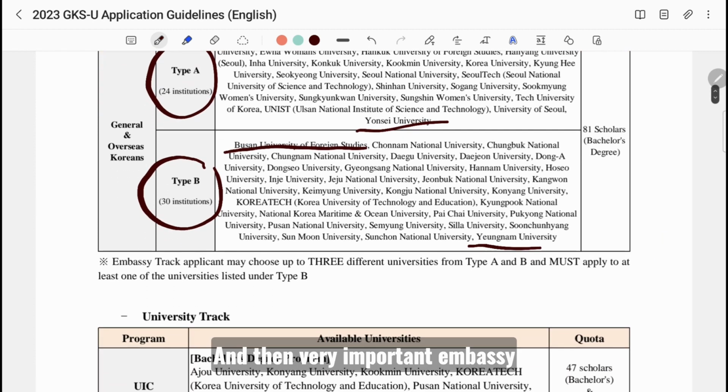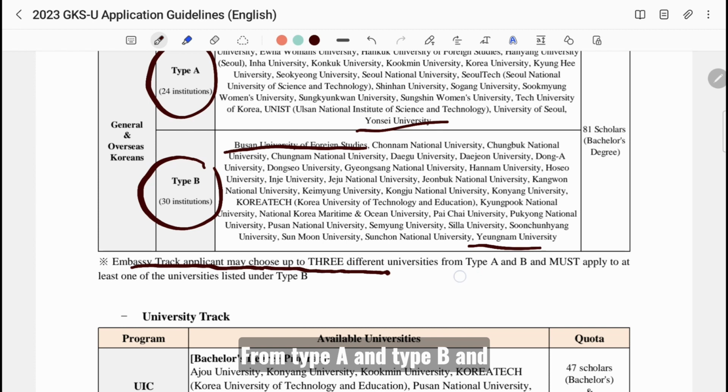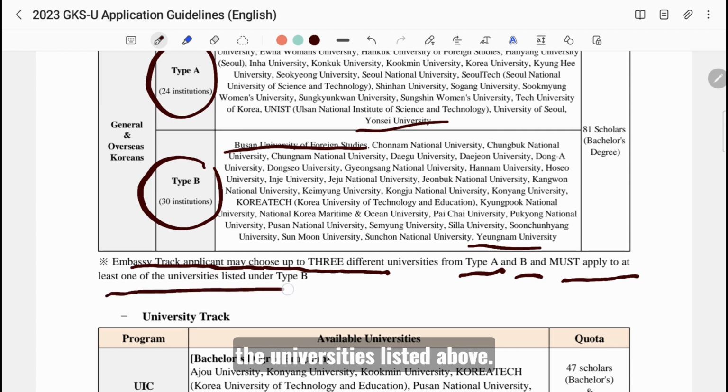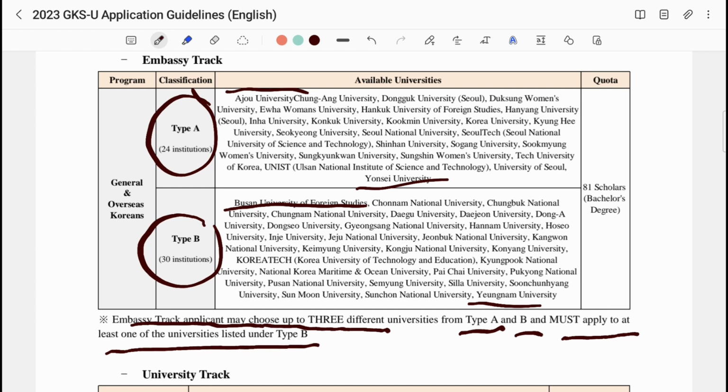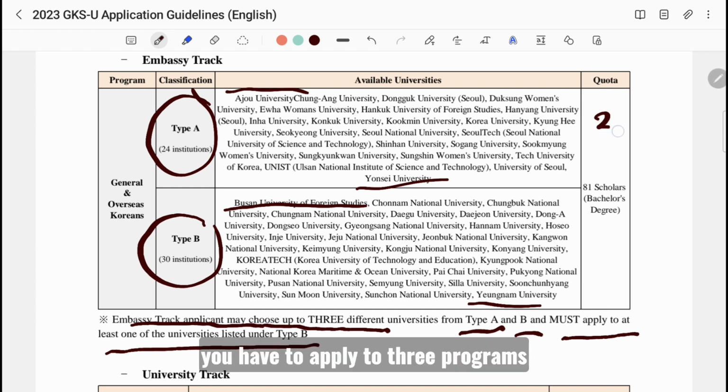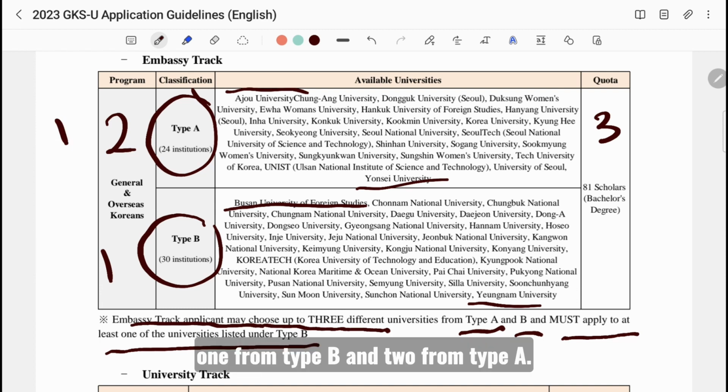And then, very important, embassy track applicants may choose up to 3 different universities from type A and type B, and must apply to at least one of the universities listed above. So for example, for embassy track, you have to apply to 3 programs, and you can either choose 2 from type A and 1 from type B, or choose 1 from type B and 2 from type A.